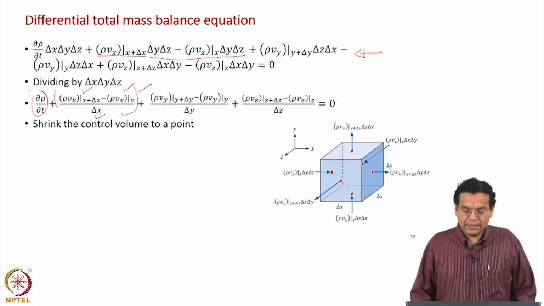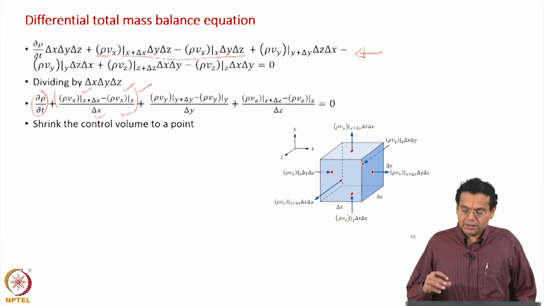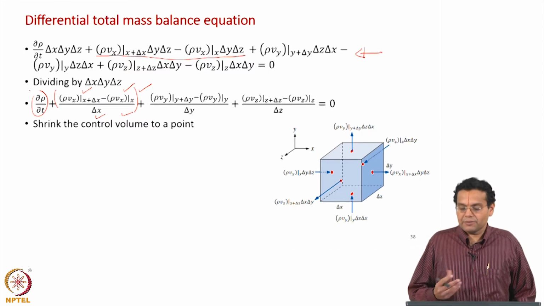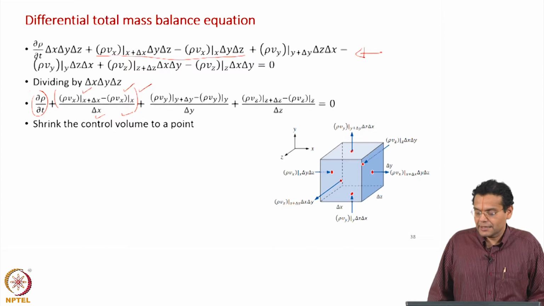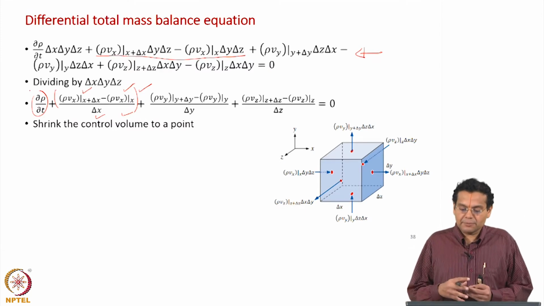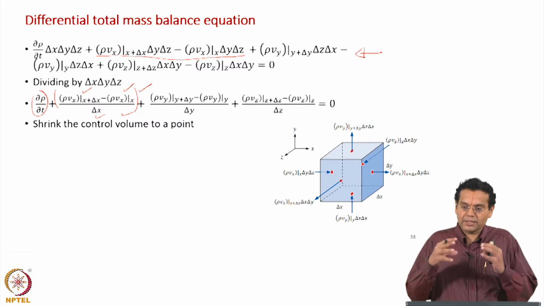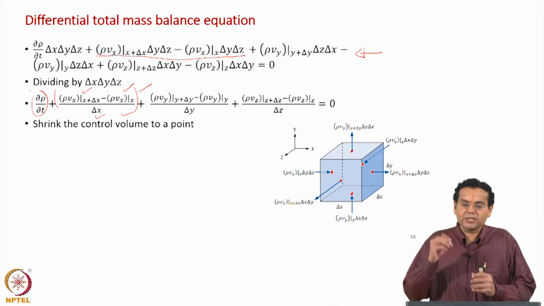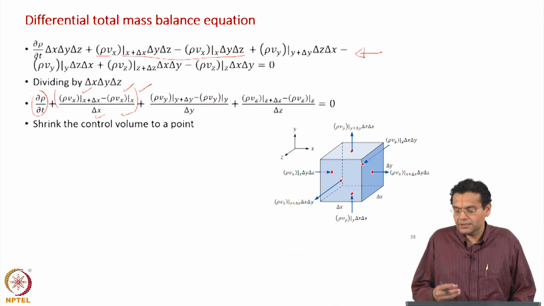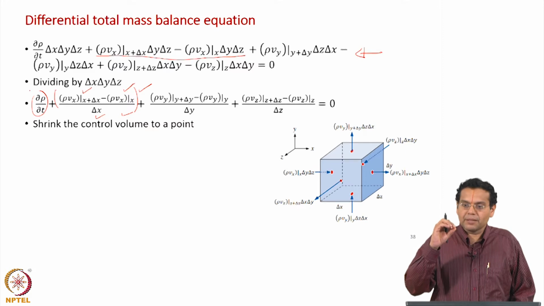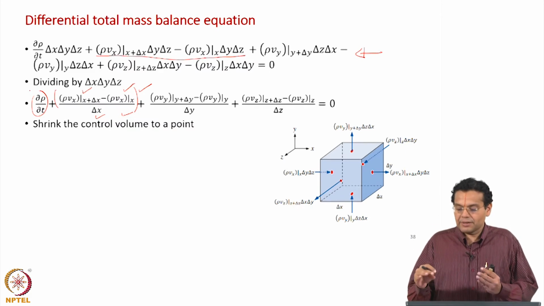to get an equation which is valid at every point inside the equipment, we shrink this control volume. When I say shrink, that shrink should be done proportionally. For example, we maintain the aspect ratio. So, this cuboid should remain a cuboid and then you shrink it to a small point. The way you should imagine it is a small point, but that small point has a cuboidal shape with the same delta x, delta y, delta z tending to 0.